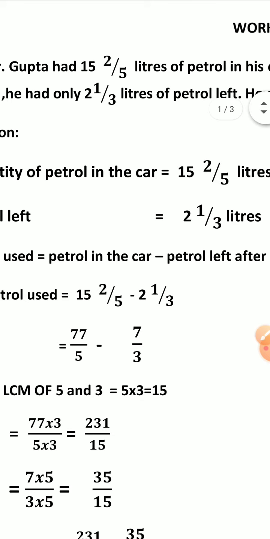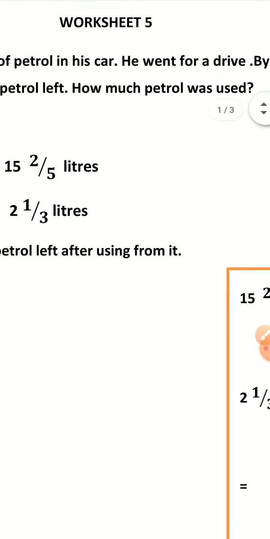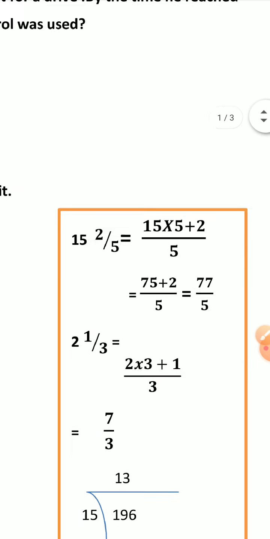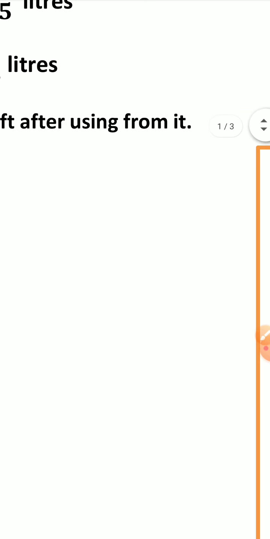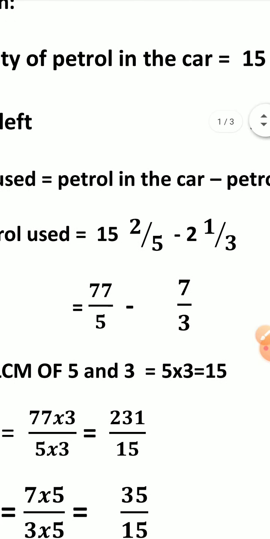Here we write it, and then the second fraction we convert in a similar way. This is 1 2/3. So come to the rough side and convert this 1 2/3 here. So we do 1 into 3 plus 2, 1 3s are 3 plus 2 is 5 by 3. That we write here on this side. So this is 77 by 5 minus 5 by 3.